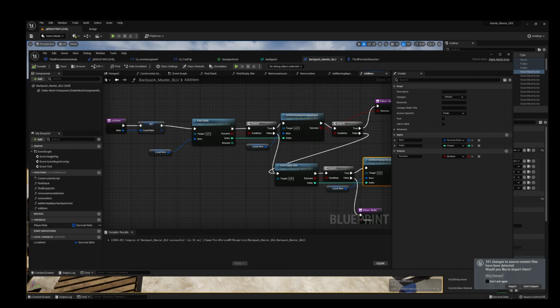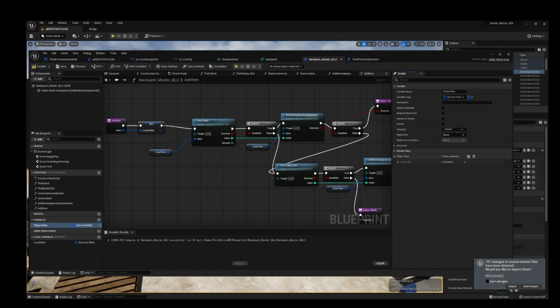Now, this next part is up to you. What we're going to go do is go over to player slots here. And now you see that we have 0 array elements. Think of the array elements as the amount of items that you can put inside of your backpack. Let's say that you want 15 to 20. If you want 15 to 20 items in your backpack or slots in your backpack, you need 15 array elements. For this, I'm going to go ahead and do 10 array elements.